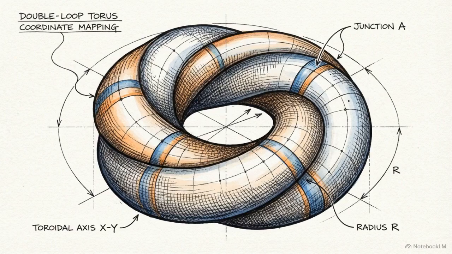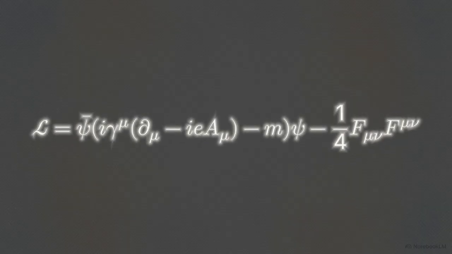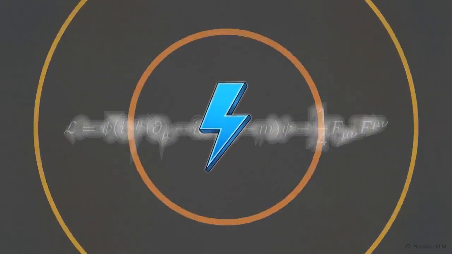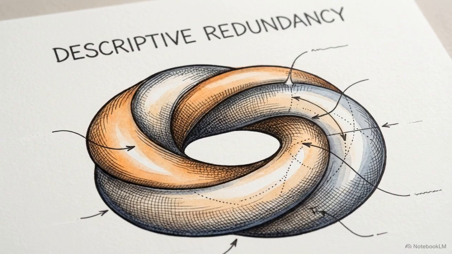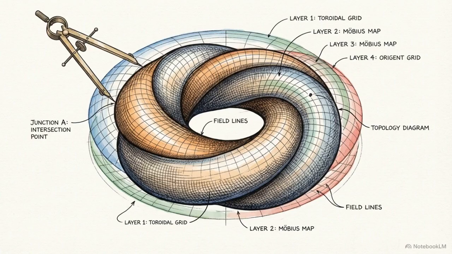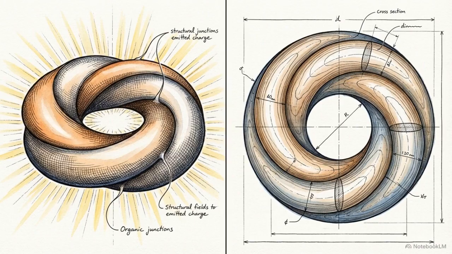The Standard Model relies on a bedrock principle known as U1 gauge symmetry. Modern physics treats this mathematical symmetry as a foundational law that generates electric charge and dictates the existence of the electromagnetic field. On a continuous topological ring, there is no absolute starting point for the phase cycle. Any of these 8 phase reference ribbons serves as an equally valid starting point for labeling the torus. Gauge symmetry is a mathematical encoding of this labeling freedom. It reflects the redundancy inherent in our description of the field, rather than acting as a physical generator of the field itself. Three-dimensional topology creates the charge. The gauge symmetry is simply a redundant map of that territory.